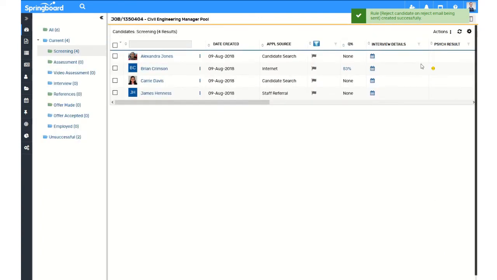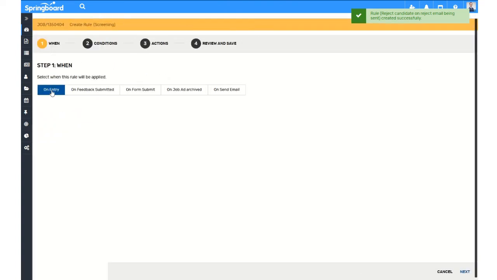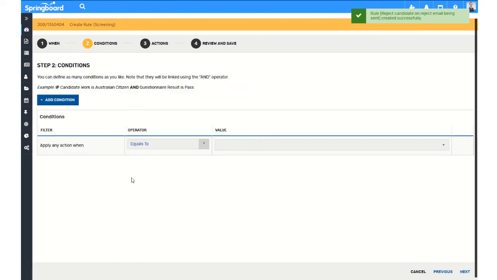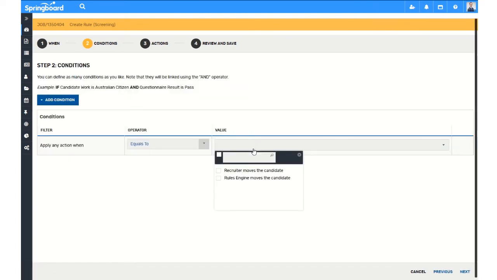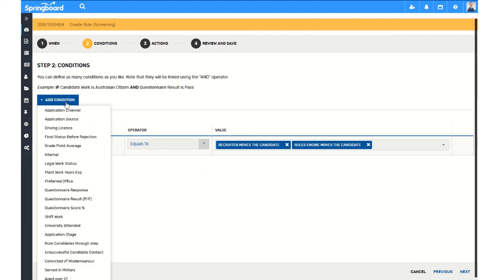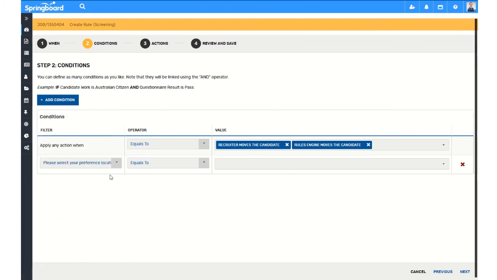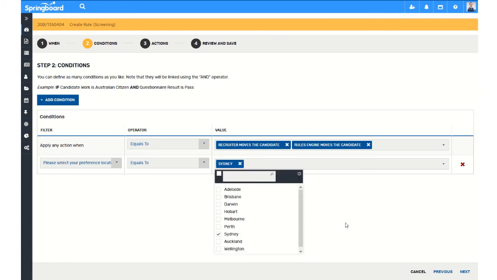If I close that out to create one more example of a rule, this time on the screening folder. So when a candidate first enters the screening folder, I'm going to target my rule very specifically on a particular response that a candidate has given to a questionnaire. So I select questionnaire response, and in this particular example, I'm only asking a single question for candidates who apply to this job: please select your preferred location. And when their preferred location is equal to Sydney,